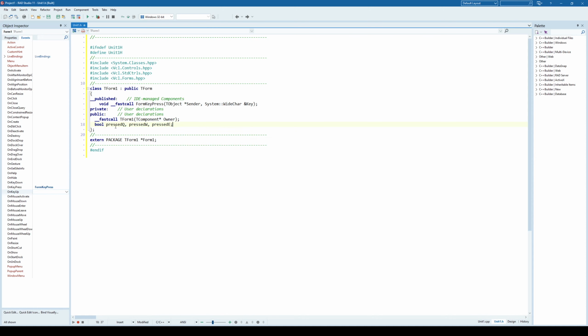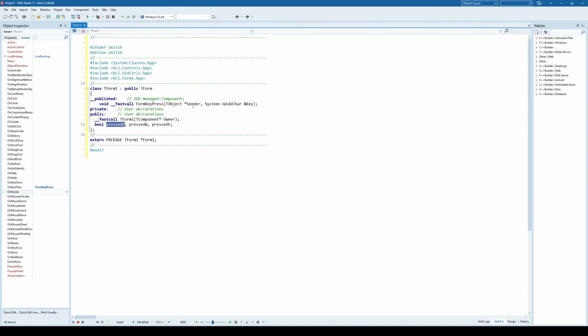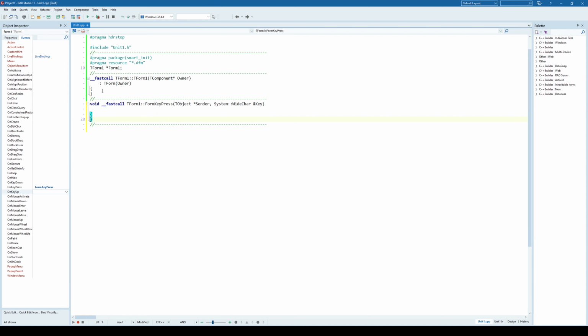And I'm going to go in my constructor and say that the default values are false, false and false. Right, so I don't need to specify that in a constructor, but I will also specify this